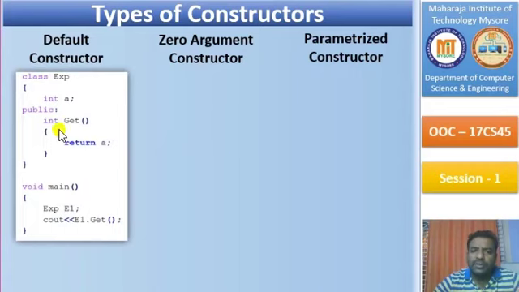Hence, right now just look at this. Now I am creating a class. If you observe, there is no special member function with the same name as the class. This means I am not declaring, I am not defining any constructor. And now in the main function, if you observe, an object for the class exp has been created. Now whenever the object is created, the constructor should be called. Hence, I have not created a constructor.